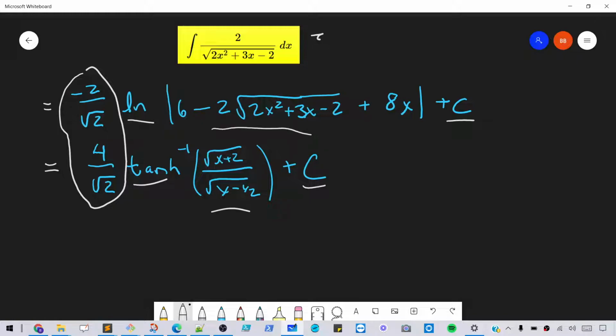And so what I want to do is show how we can go from here to here. You can actually do it in both directions, but I think it's harder to go from the natural log to the hyperbolic tangent function than the other way. The other way is a lot easier. So I'm going to do the hard way first, and then at the end, I'll come back and do it in the other direction. So what I want to do first